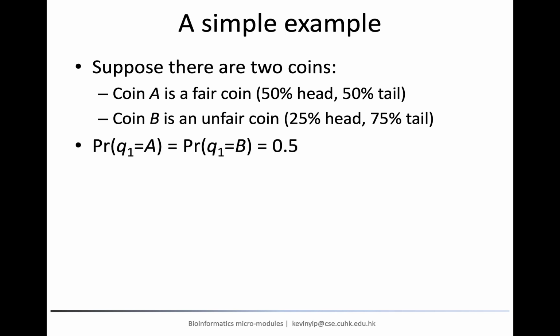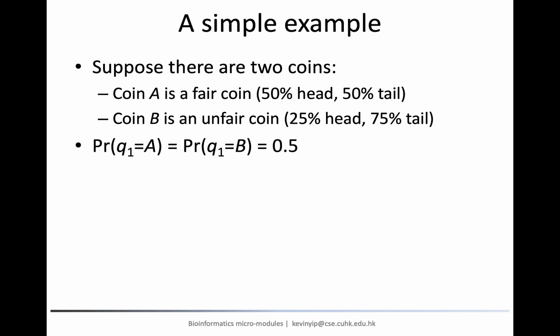First, I randomly choose one of the two coins and put the other coin into a pocket. I flip the coin chosen and observe the outcome, and then put the coin also into the pocket. I then repeat the process by drawing a coin out from the pocket and toss it. However, the coin that I draw each time depends on the coin drawn last time, because the last coin has a higher chance of staying on top in the pocket. Also, suppose coin B is a heavier coin, and thus it usually sinks to the bottom of the bucket, making it less likely to be drawn in general.